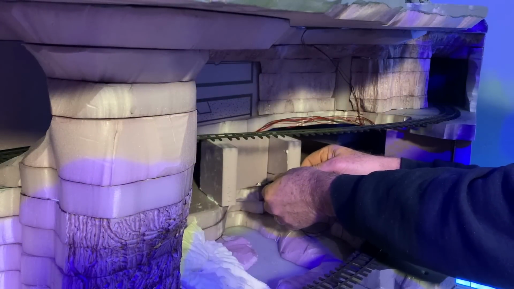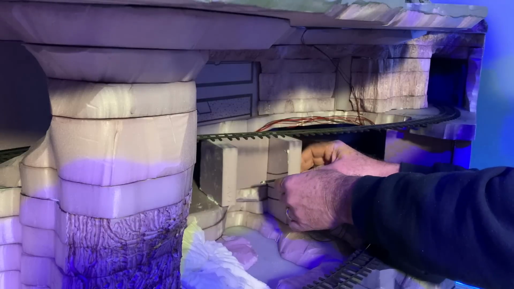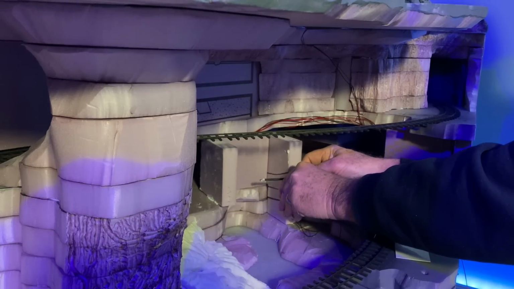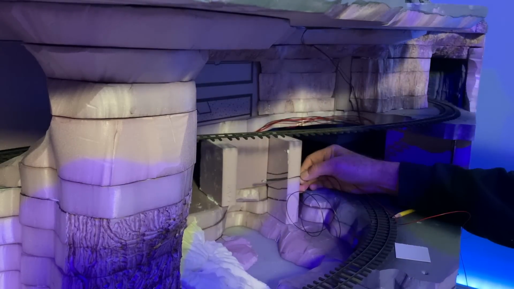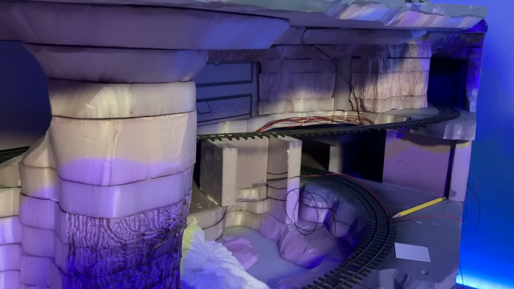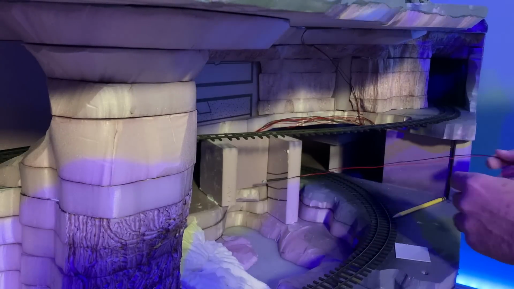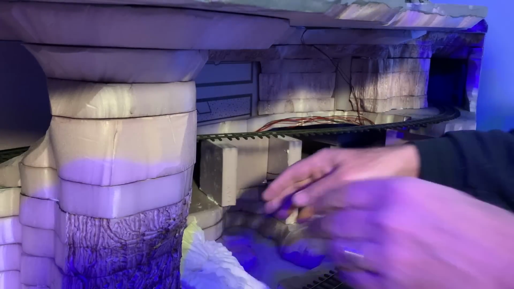This is a 5mm amber flickering LED. Just trying to get it positioned properly here, right in the middle. And that should give us a nice fiery glow